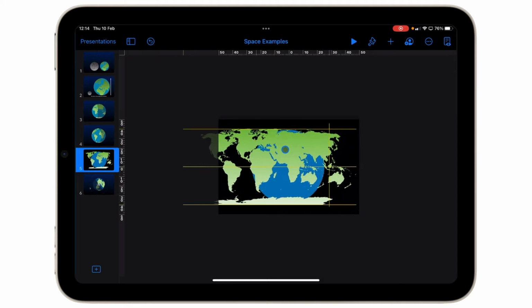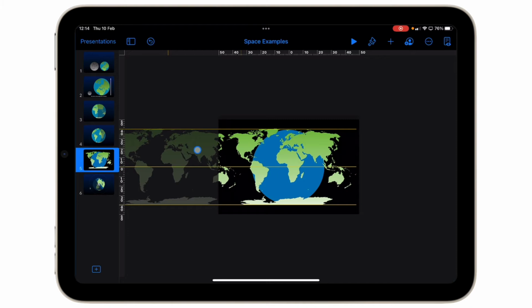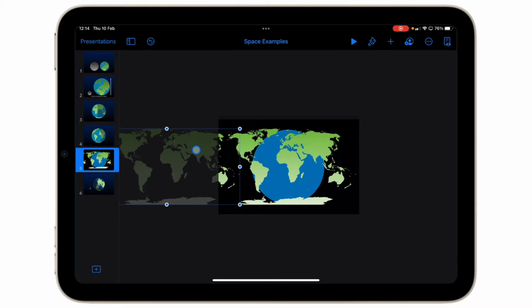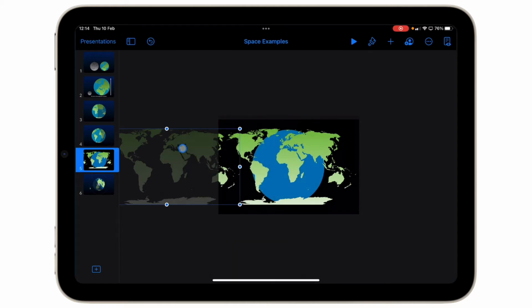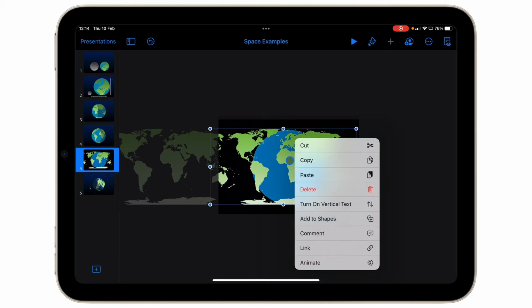I'm going to take my map and position them up here so that they are perfectly aligned. There we go. And before, when I drew my finger across and selected all objects, that's okay if I want to select everything on the page. I obviously don't want to do that this time, so what I'm going to do is tap on my object, my finger, and look at a few